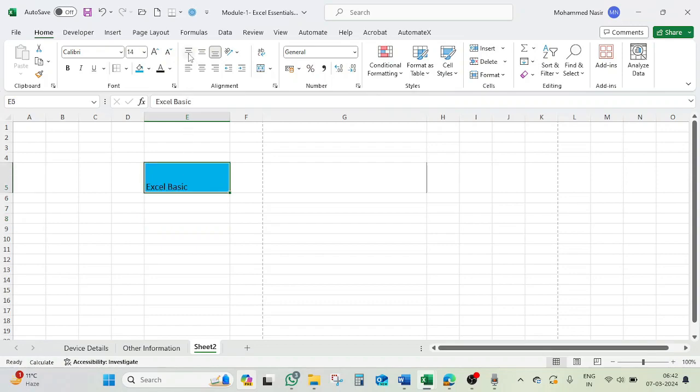If I click here then it will be aligned to the top, but if I click this one it will be aligned to the center of the height. Then this is left align. Now if I click here